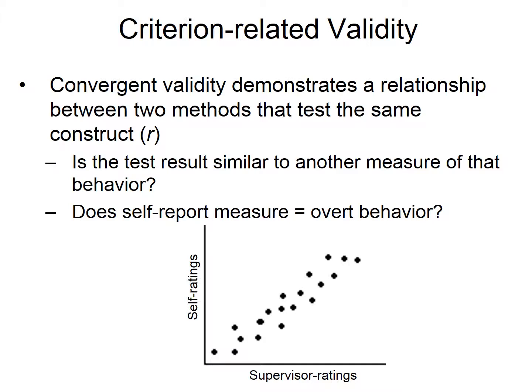So is the test result similar to another measure of that behavior? So do self-report measures equal overt behavior? So a convergent validity study, for example, might be that we ask someone on a pen and paper rating scale to rate their conscientiousness. We get self-ratings. And at the same time, we ask all their family members to observe their behavior and rate where they think